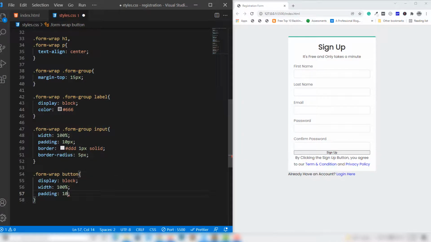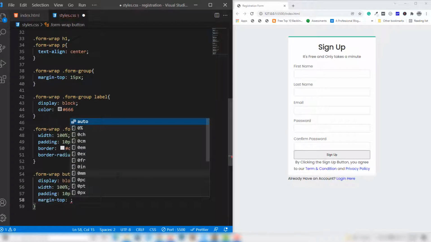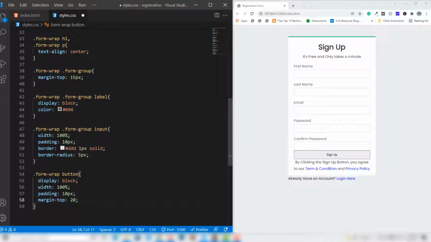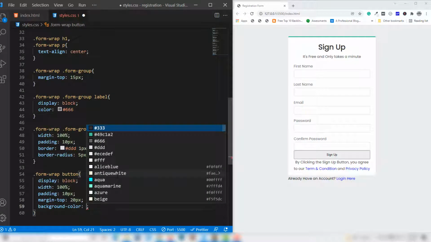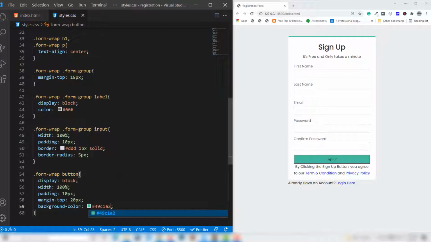So first I'm going to use padding 10 pixel all sides, and also we need to assign the margin top to make a space between our input text field and our button. So I need to assign 20 pixel, and then I'm going to assign the background color like hash 49C1A2, right? And then I change the color of the text,